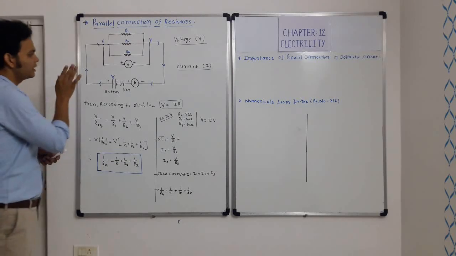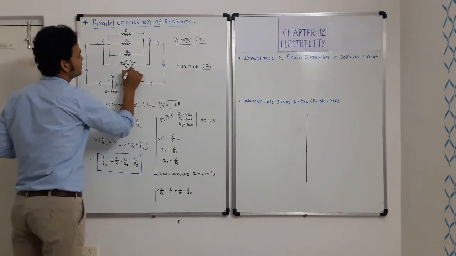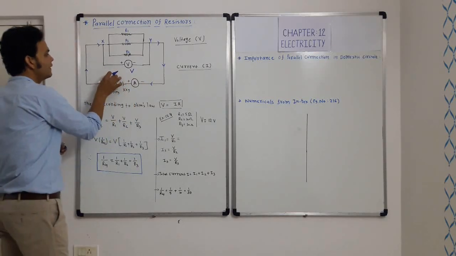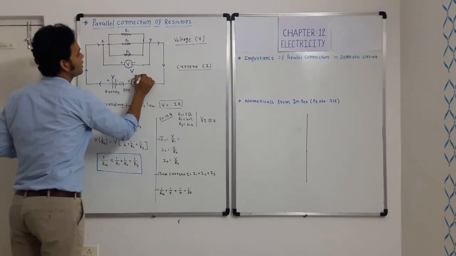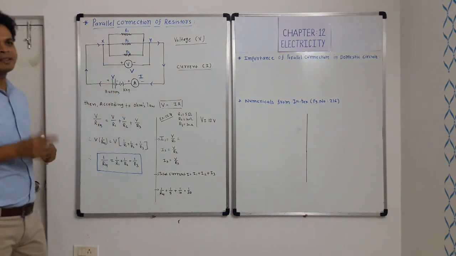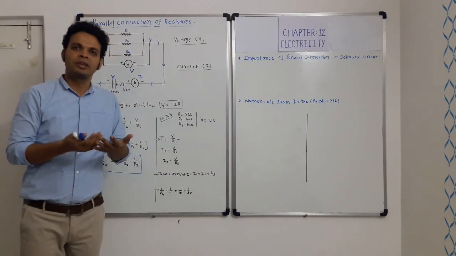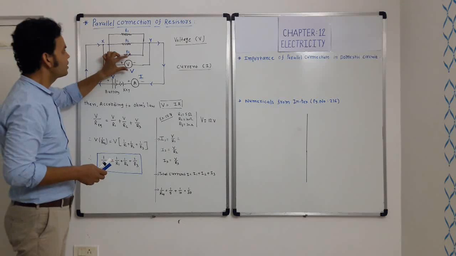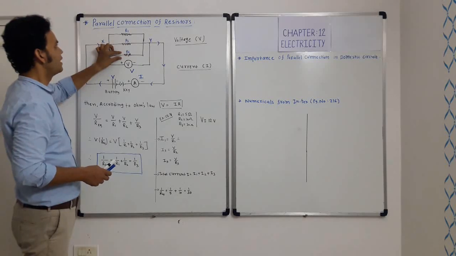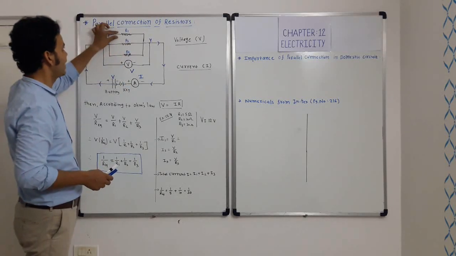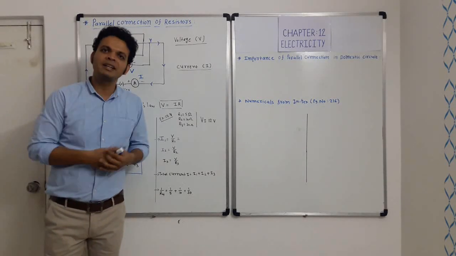So initially, when the key is pressed, the voltage across the resistance is V. It is the same voltage V, which is the battery voltage, and let's say the current measured by the ammeter is capital I. Now we are doing the same activity which we did when we studied resistances in series. We connect the voltmeter across R1, across R2, across R3, and similarly we will connect the ammeter in R1, R2 and R3, and we will see whether the current changes or not, or whether the voltage changes or not.